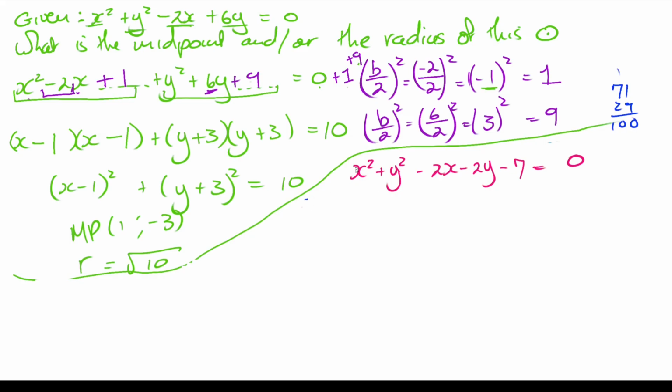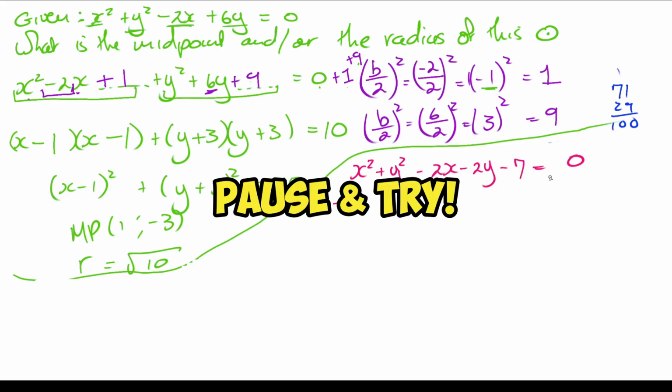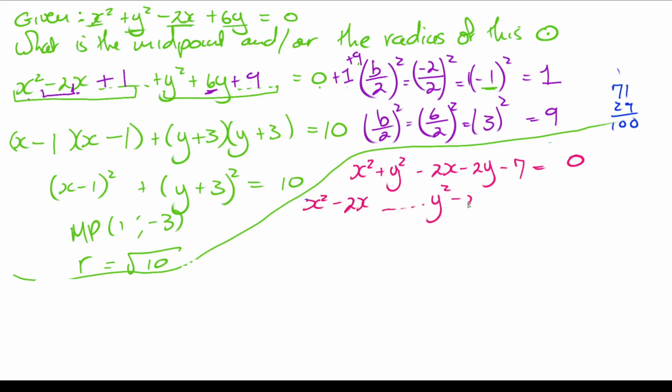Okay, so we shuffle everything so my x's are together. -2x. Oh, I forgot to say, you need to pause and try it by yourself. Y squared minus 2y, leave a little space, take the 7 over to the other side. Wham! All right, we gotta do b over 2 squared for x is -2 over 2 squared equals -1 squared